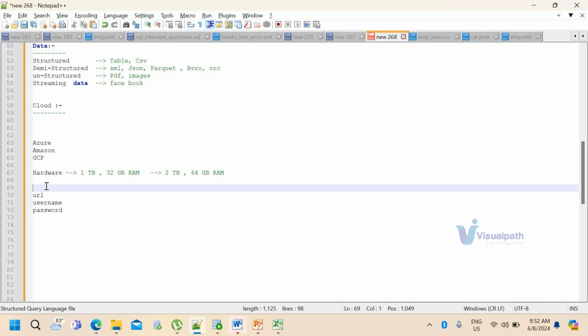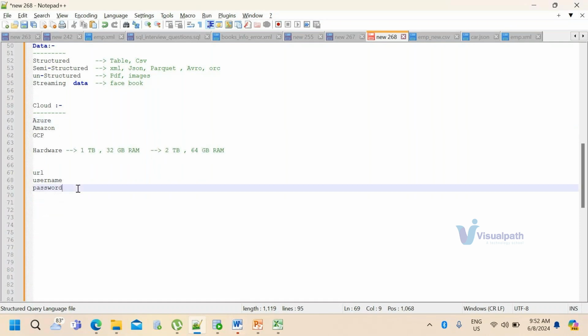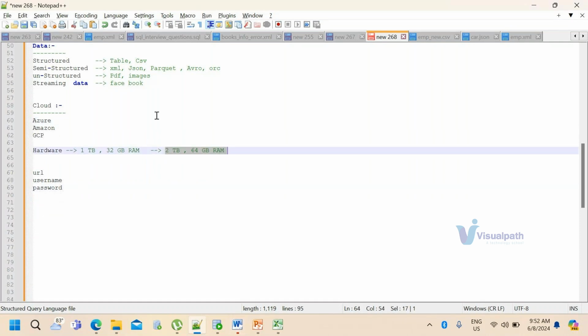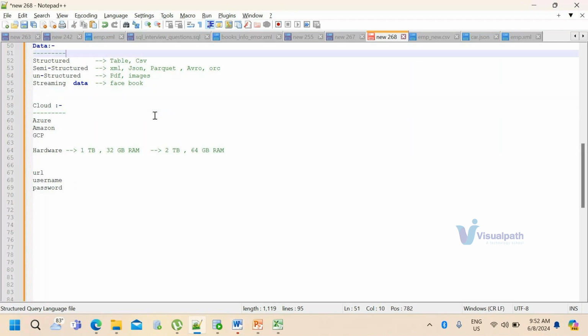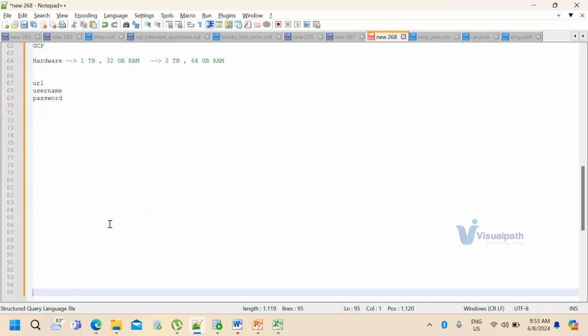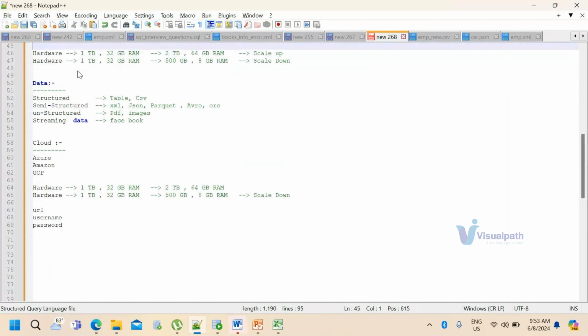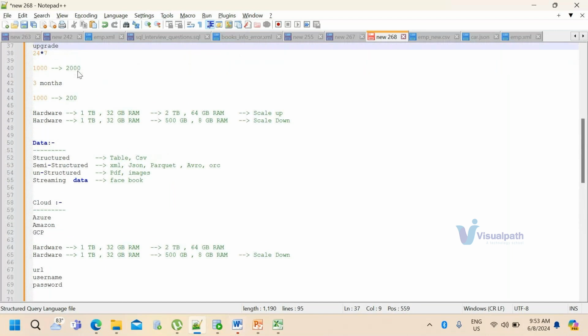Whenever there is any new software, they'll take care of upgrading it, and they'll take care of the system or admin activities. So the initial cost is greatly reduced. Let's say initially you have this much capacity, and after a few months you need to reduce your capacity. You just need to place a request. That's it, they'll take care of that. You're following, right? Did you get the difference between on-premise and cloud?